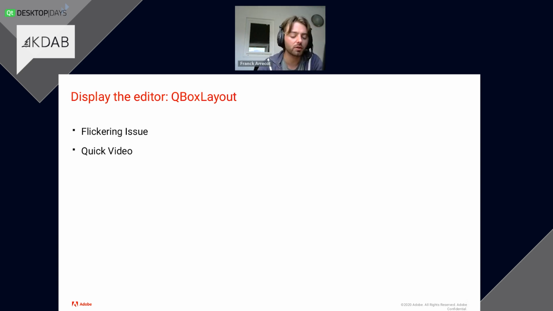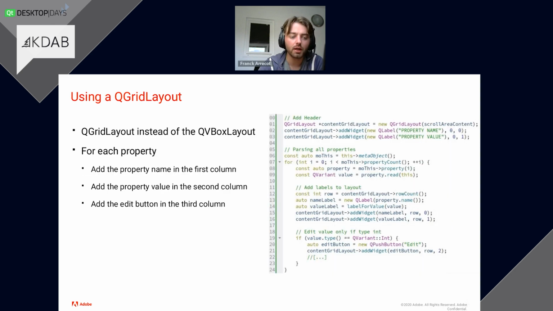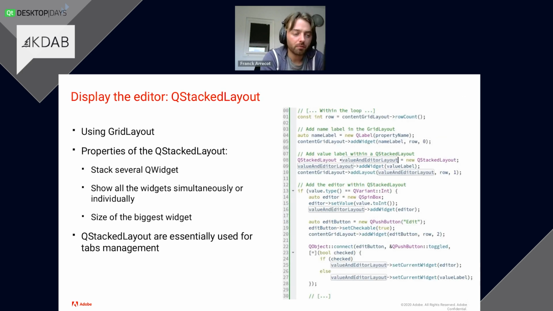Let's get back to the grid solution that we had. Remember, we have our grid code, which was here. We had the loop, we had the grid, and we added the right widget at the correct row and column. It's the same code, but this time we are using a QStackedLayout. As I said, it stacks several widgets, and you choose which one is displayed at a time, and the size is that of the biggest widget. So no more flickering.